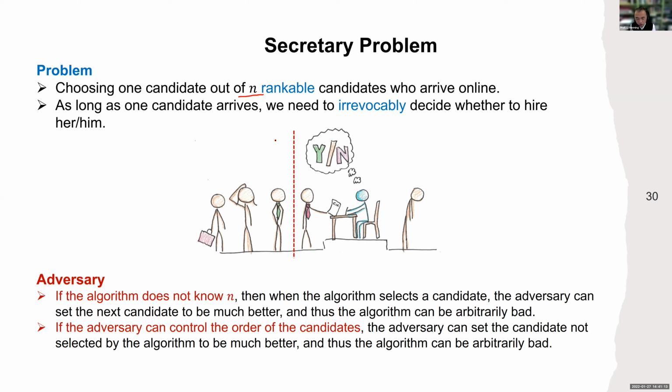By that time, you don't have any other offers. So you may say, maybe there is a better one later on, maybe I just give it up. Then you may regret it, because after you give it up, maybe there are no better offers later on, and then you will feel very sorry. So the secretary problem tells you there is a best strategy where the probability of choosing the best candidate is